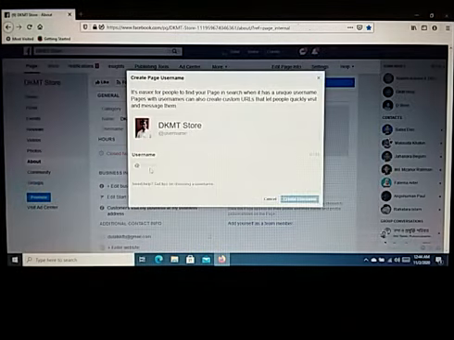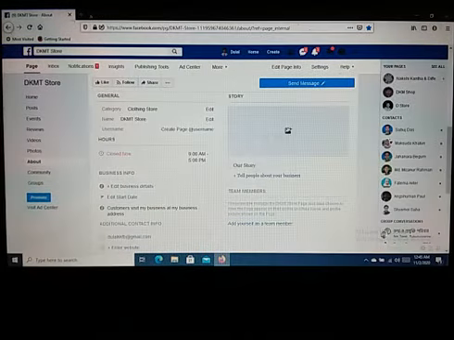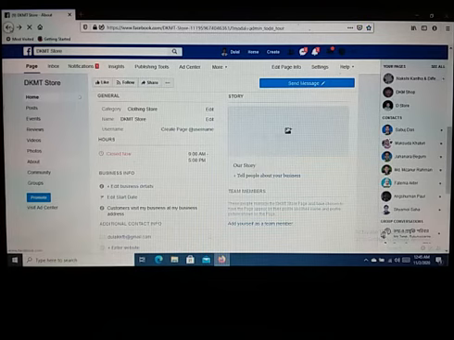Then you will see a box. In this box you will have to write the username of your business page. After writing the username you will have to click on create username. Then it will be created. Now I have closed it and go back on page.